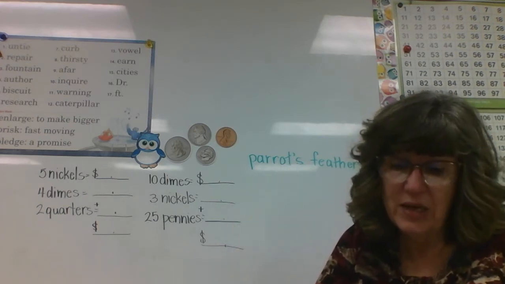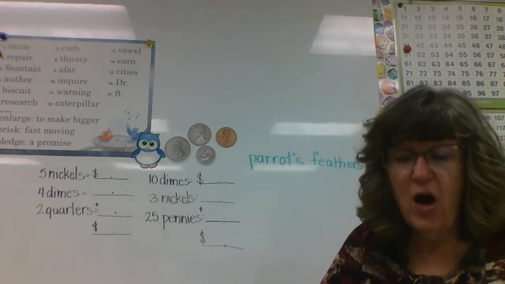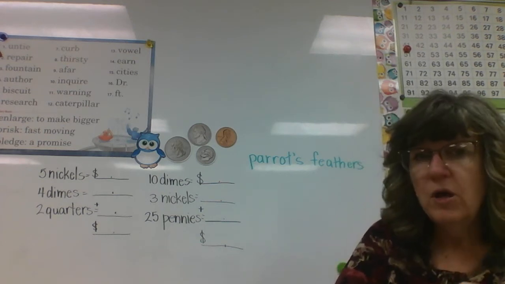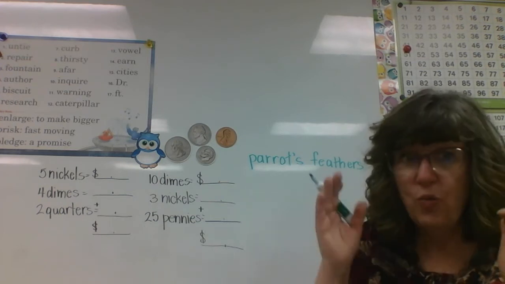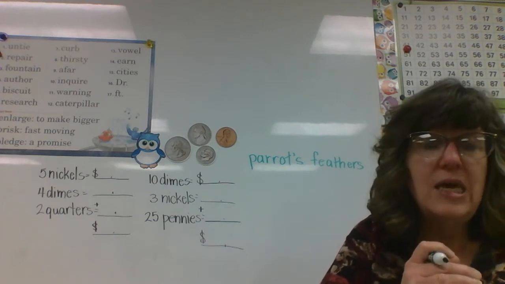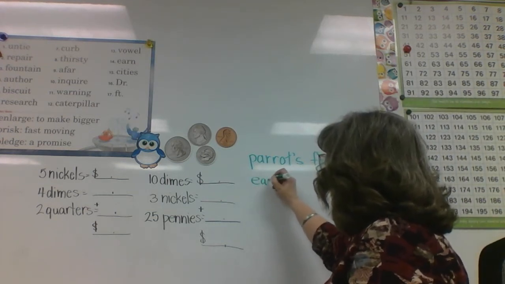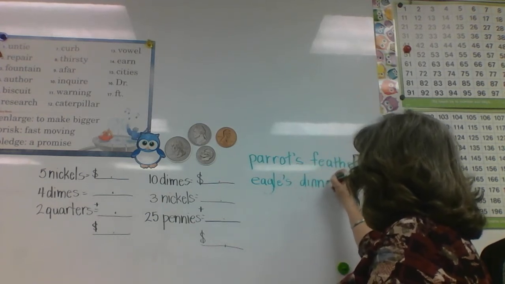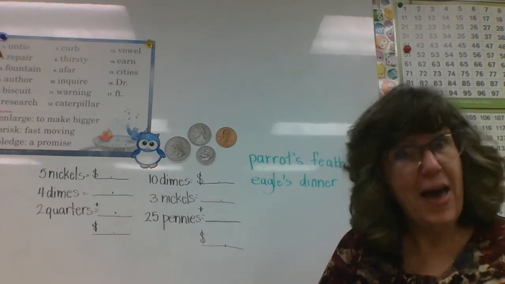Okay, let's go down to the next one. This one is going to be for Kellen. Okay, Kellen, here we go. Dinner of the harpy eagle. Now, harpy is the kind of eagle, so don't worry about that word. Okay, we want just 2 words, Kellen. Dinner of the harpy eagle. What 2 words? Tell me what the eagle owns. I think I gave you a clue. What does the eagle own? That's right, Kellen. It's going to be the eagle's apostrophe S, dinner. Great job. Eagle's dinner.